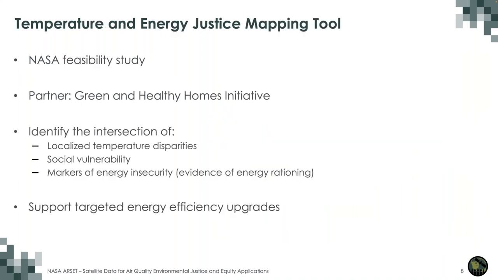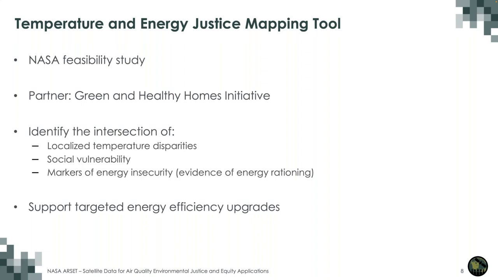And so taking all of that together, we decided to employ all of this knowledge to try and create a temperature and energy justice mapping tool. This is a feasibility study through NASA, and it's a partnership with the Green and Healthy Homes Initiative. The Green and Healthy Homes Initiative, or GHHI for short, really focuses on addressing household level disparities, originally focused around disparities around lead in the household, but increasingly doing work around energy efficiency in the home